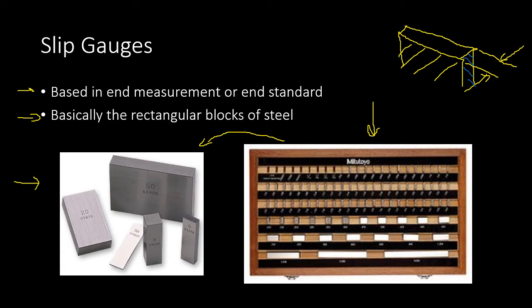That's why you can see that on each of the slip gauges shown in this picture, for example, here the size of that slip gauge is 50. That means that particular slip gauge can be used only to measure, or to establish, a distance of 50 mm. And if you want to measure or establish a distance that is greater than the size of the slip gauge, then you will have to ring the slip gauges together.